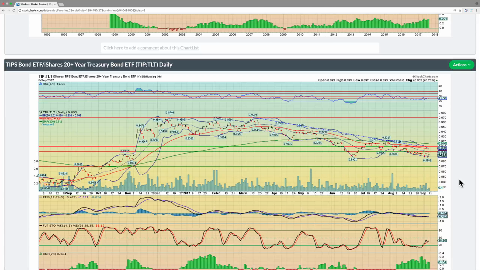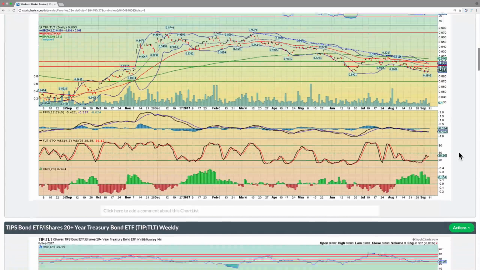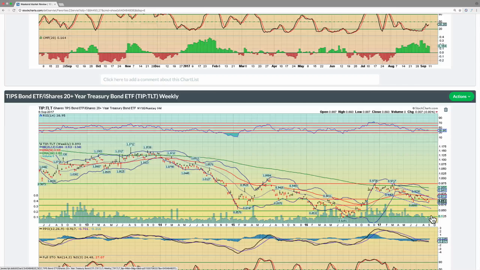This is the chart that you want to watch to get a sense of what's going on with inflation. Right now, you're seeing a little bit of an uptick on the daily in TIPS relative to long-term bonds, but nothing substantial. You want to see this downtrend taken out to the upside to confirm any sort of development in inflation. And the weekly chart, though, is still this bullish flag pattern that eventually, in our opinion, very strong opinion, will